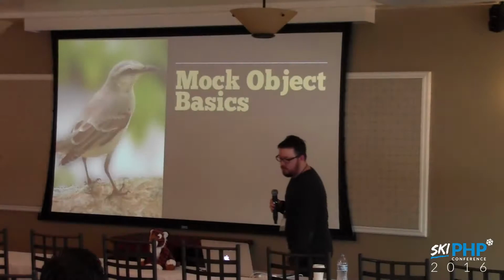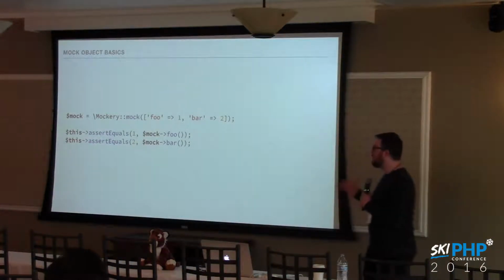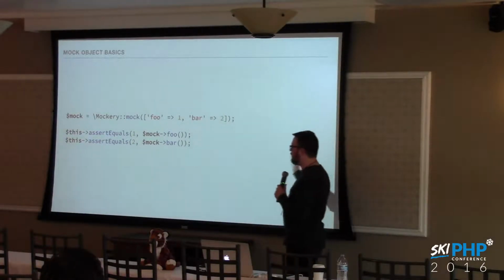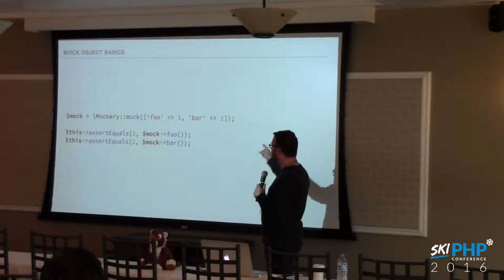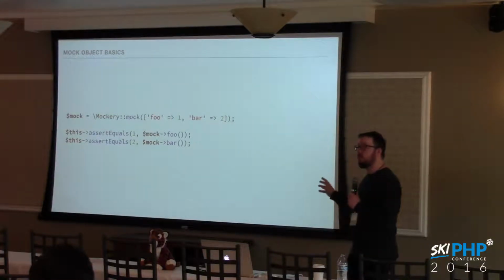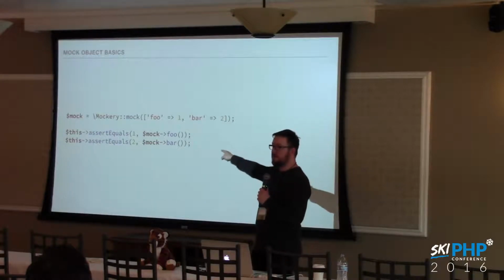All right, so let's talk about some mock object basics. The first one is this. This is an unnamed mock. I mentioned this earlier. Service mock was a named mock. This is unnamed. So instead, we're just giving it an array. And this is another really loose form of mocking. We're just creating an object that's expecting calls to these methods.